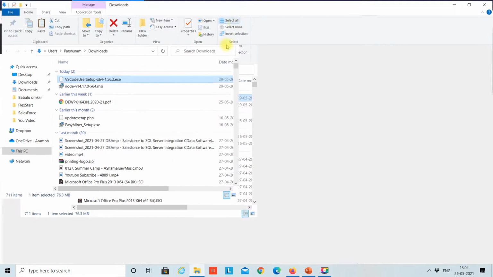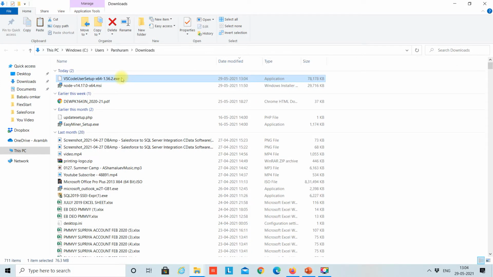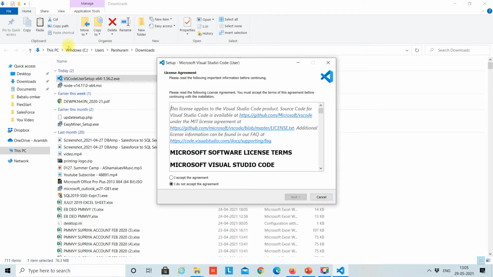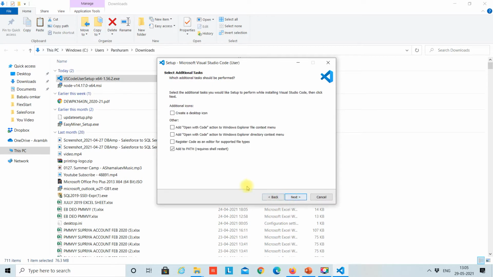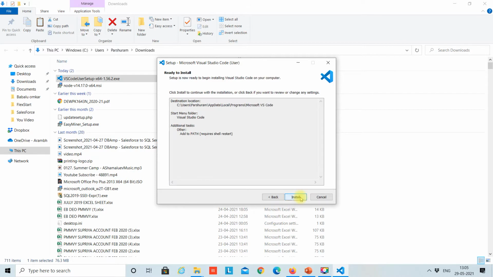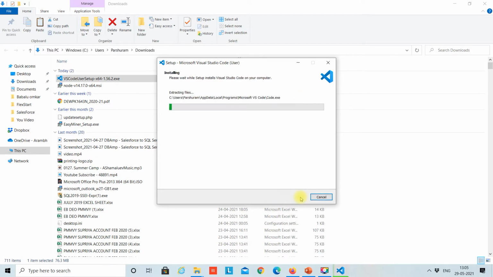Once downloaded, you can install the exe. You need to make sure you click on add to path, so it will add the environment variable path.